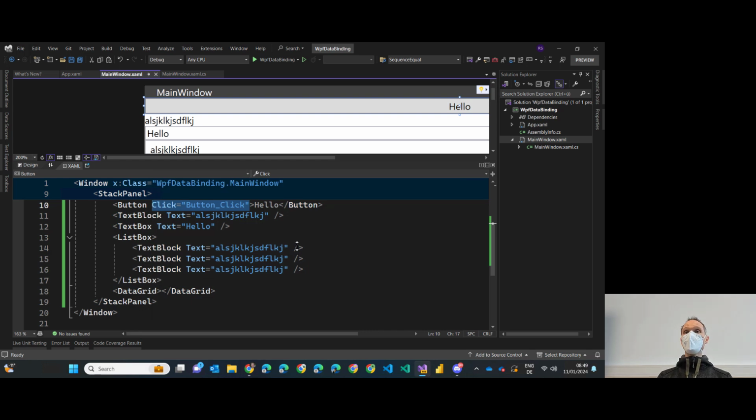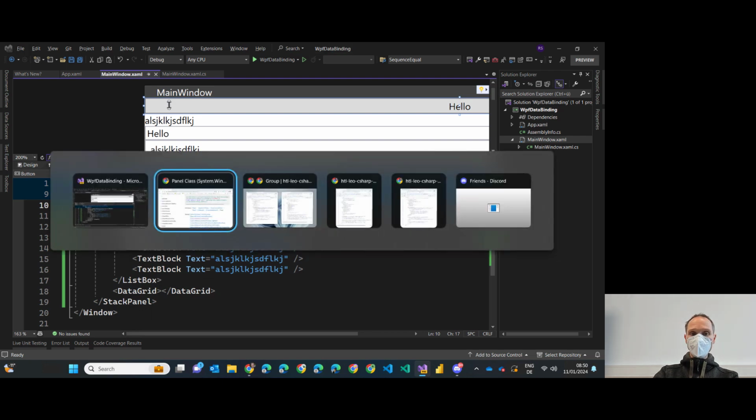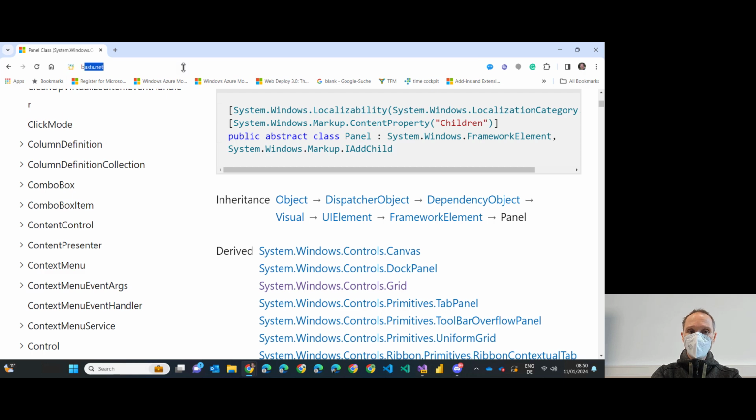So what have we learned so far in 20 minutes? How to create a WPF app. We have learned that there are XAML files, and XAML files consist of C# classes. We have learned that there are panels like stack panel, grid, dock panel, canvas, and so on. We have learned that there are buttons, text blocks, text box, list boxes, and so on. And if you want to know more about all these things, I already told you, take your favorite search engine, look for the button